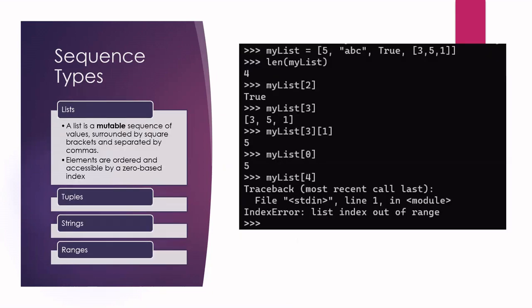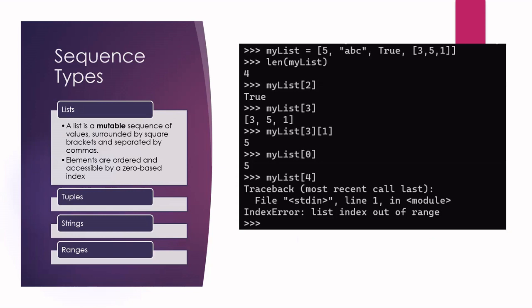All right. Now let's talk about the first type of sequences here. We have the list, and the list is mutable. Mutable means when we make a change, we're not creating a new object, we're just changing the value stored in the same object. To create a list, you just need to use square brackets to surround the elements of the sequence